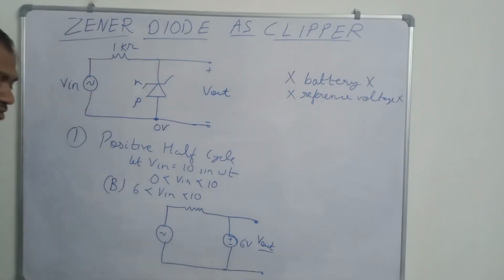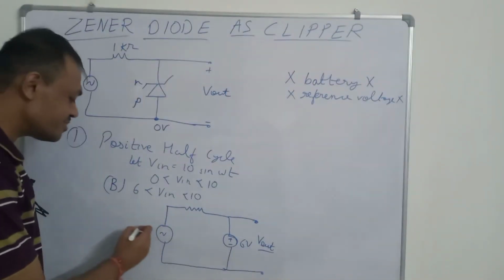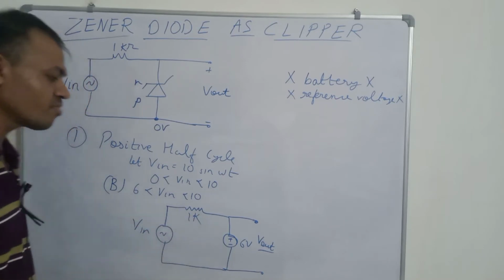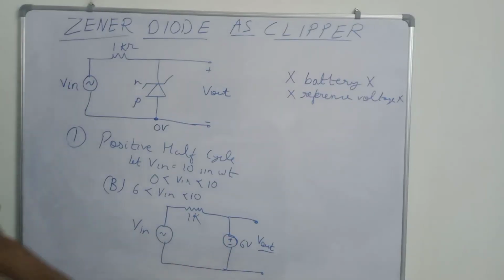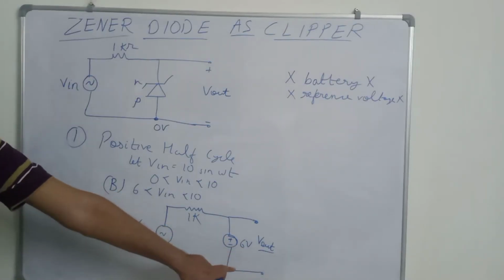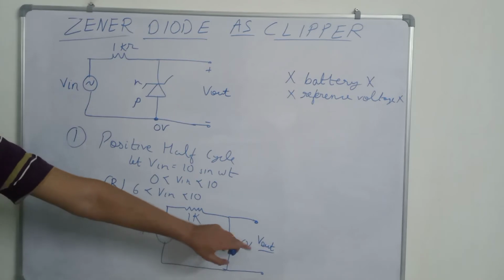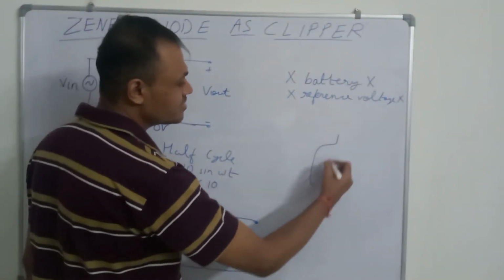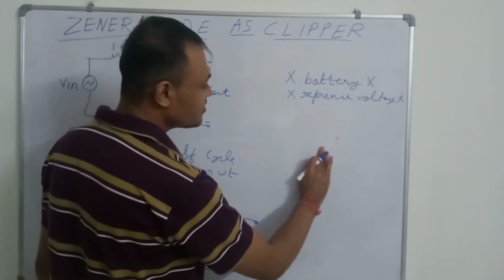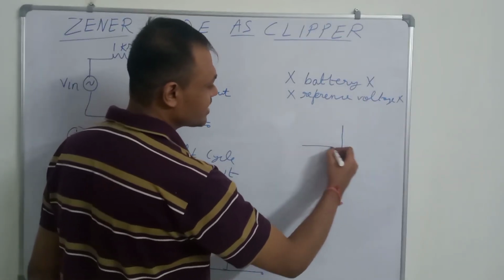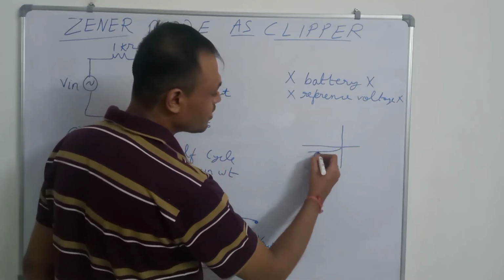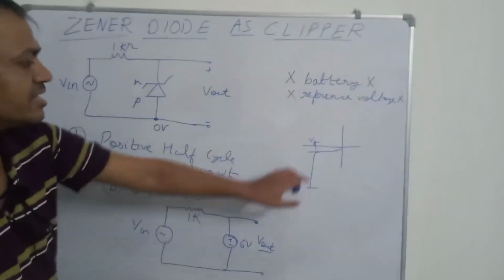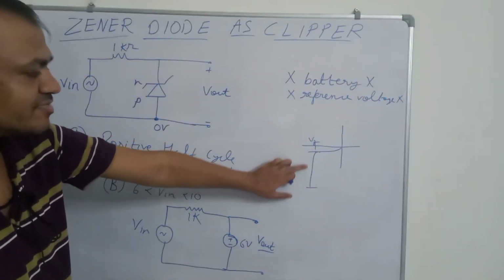Zener diode voltage is now fixed to 6 volt, with V in between 6 and 10. Because the Zener diode is in breakdown, we saw from the characteristic of the Zener diode in breakdown that the voltage across it remains the same, but the current through it changes. We are talking about this region. So the voltage Vz remains constant. The Zener diode voltage remains constant in the reverse bias breakdown region.